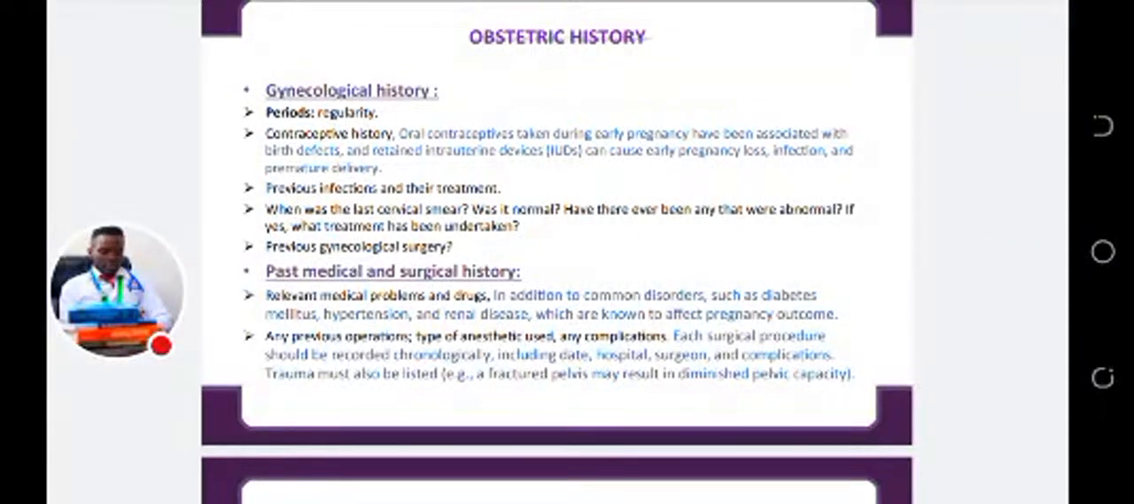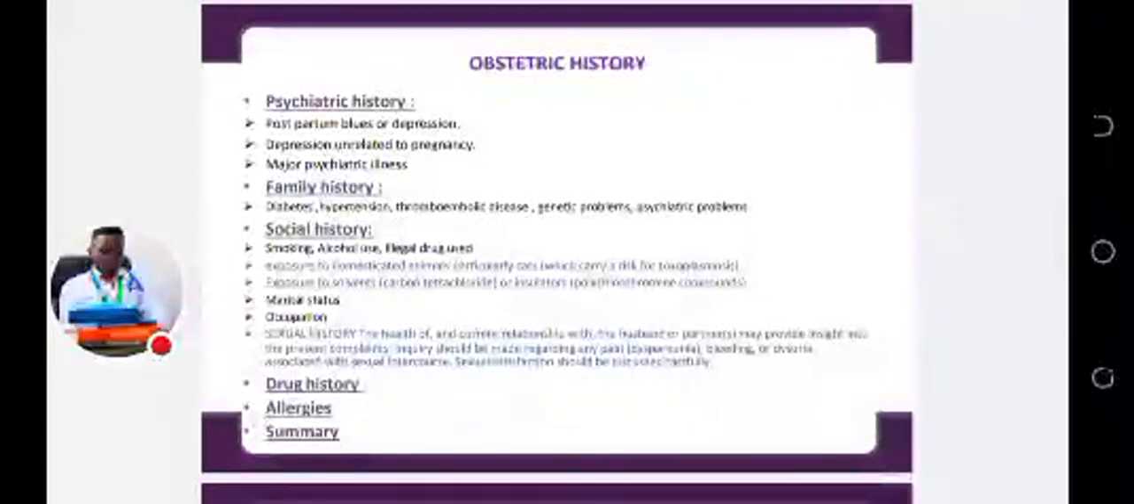For example, a fractured pelvis may result in diminished pelvic capacity. Then the other part is psychiatric history. Psychiatric history is also very important, and there are three major things that we consider under it. The first one is postpartum blues or depression, as you need to ask your client if they have had